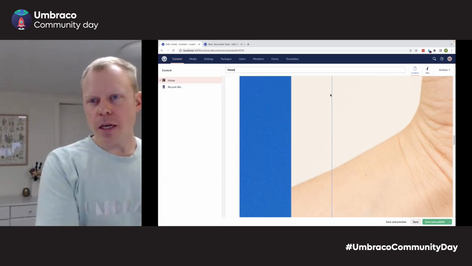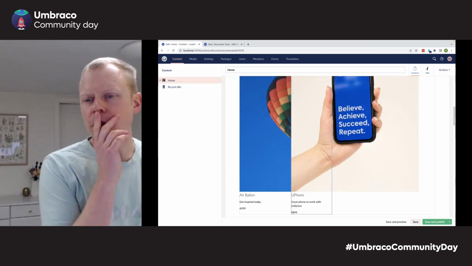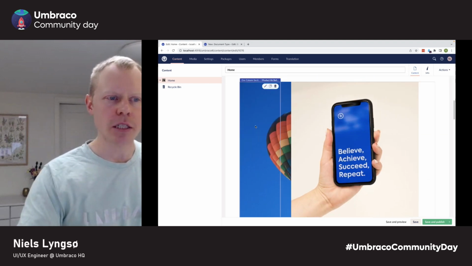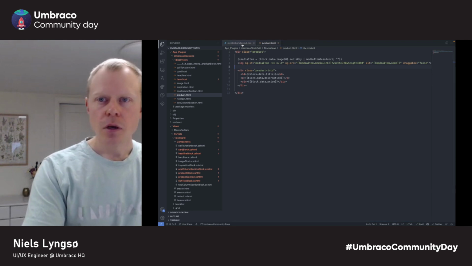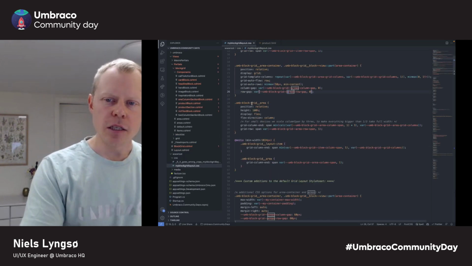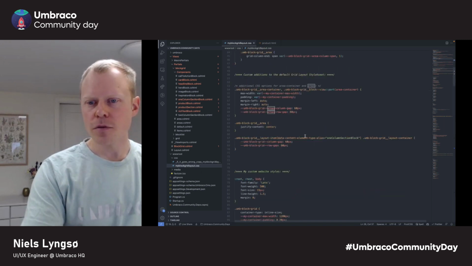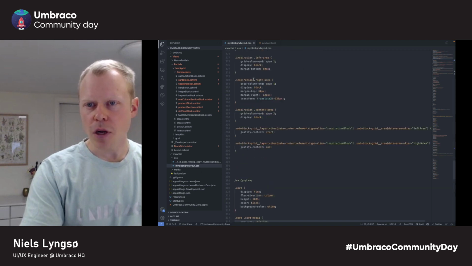Okay, let's see if that helped a little bit. Still quite big images, but we have a better idea about what it is. So let's add some styling for our product. So we have this main style sheet that contains the base for the layout. There's some additional stuff for the layout that is specific for the project. And then we have each block